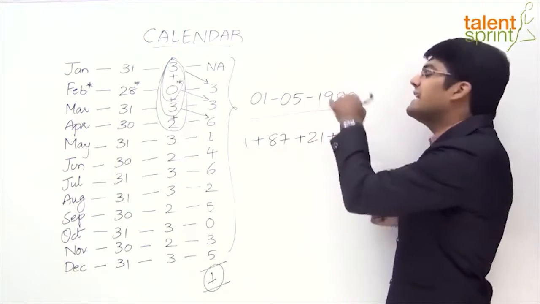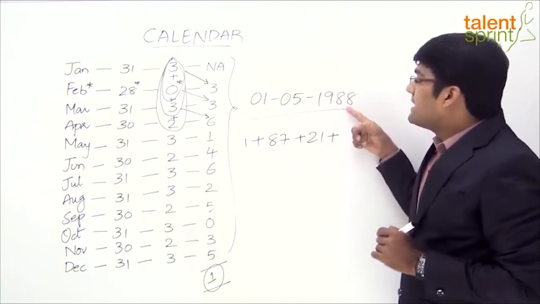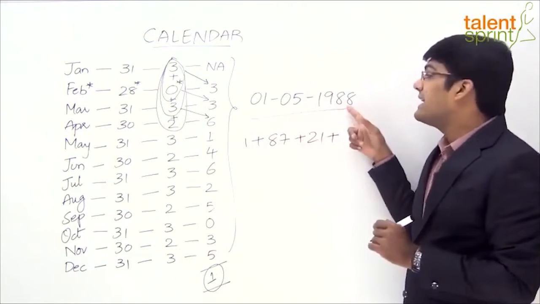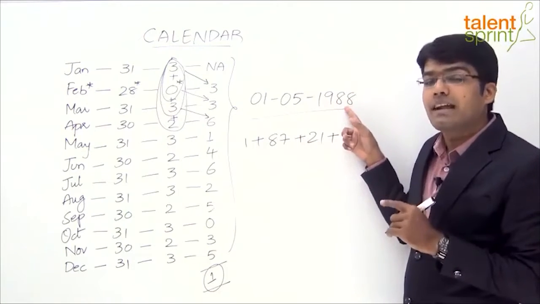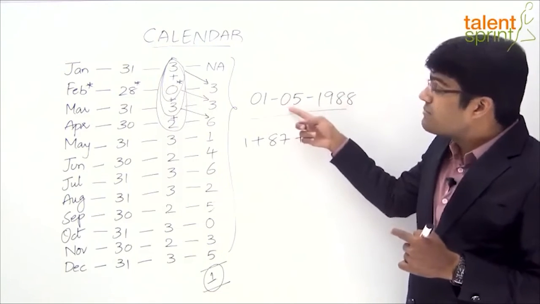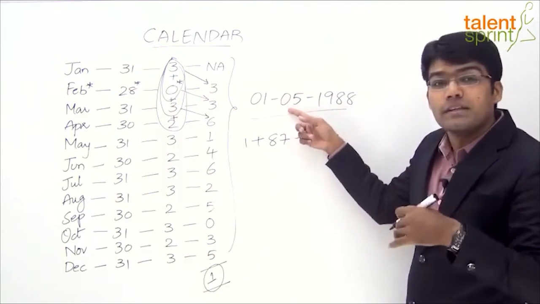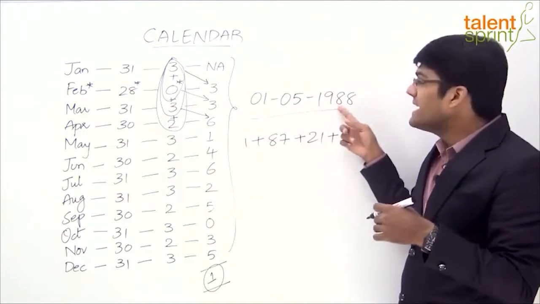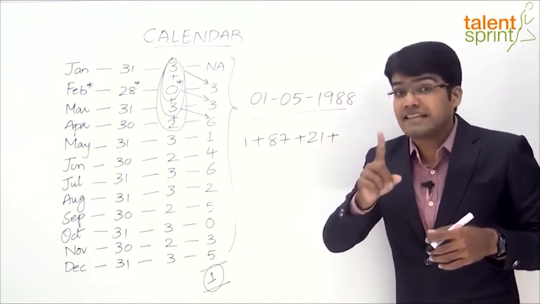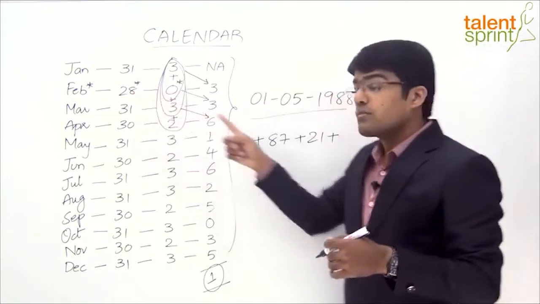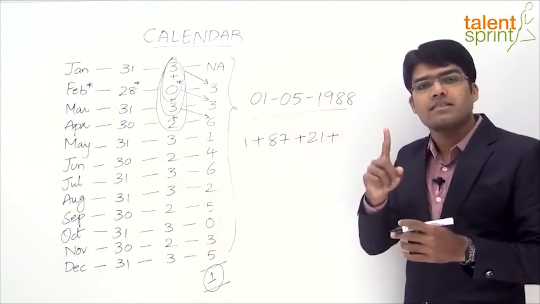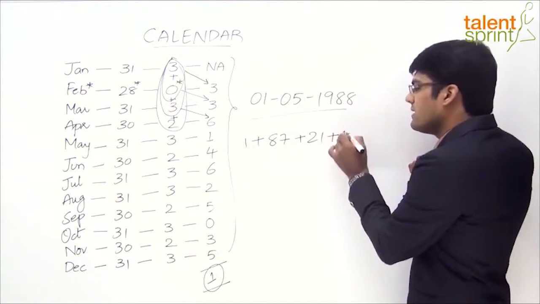Now comes the 88th year. In the 88th year we are referring to the month of May. Understand, the year 88 was a leap year, right? 1988 was a leap year, and this month is May, which means after February. Are you able to follow? So in 1988, the month of February had 29 days, which means one extra day. Here we have considered only 28. So because it is a leap year and the date is after 28th February, we have to consider plus 1, right? So this 1 is an important part here.